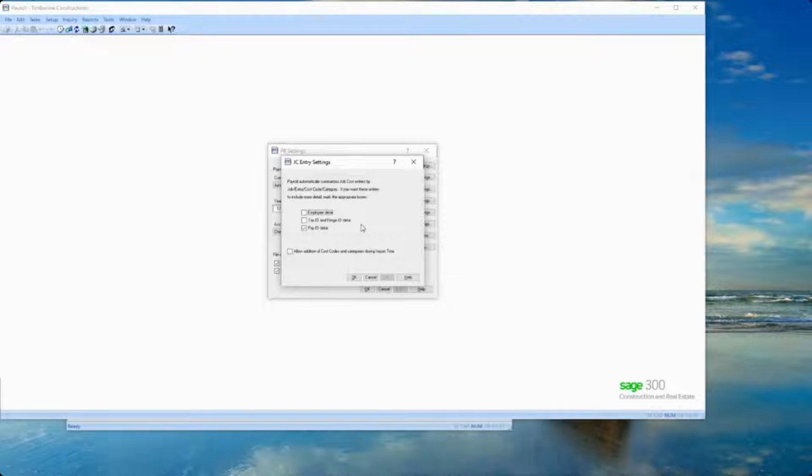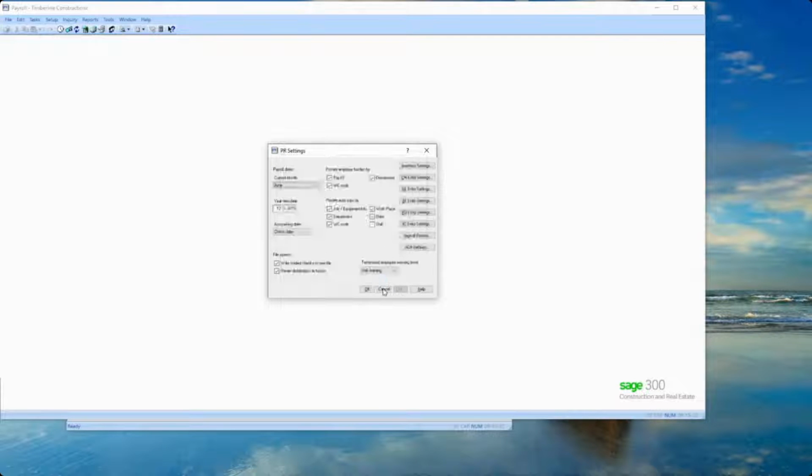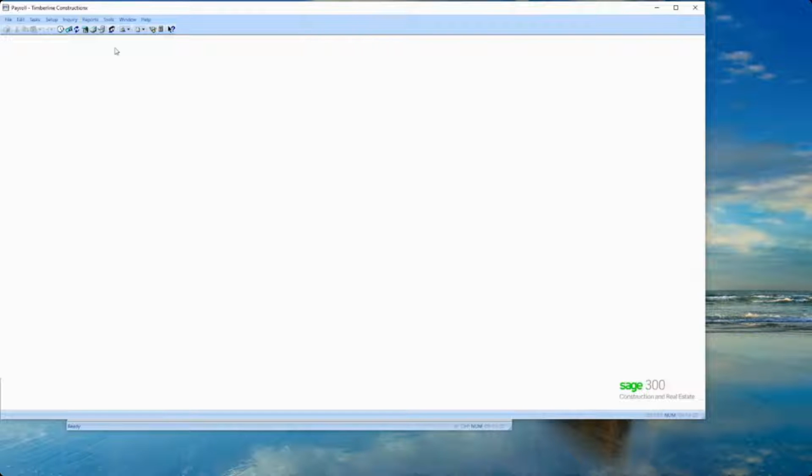If you want it to send more detail, you can check these boxes. And that just really depends on how much information you want to have in job costs, because payroll records the detail of everything and you can always get to it later. But you may want, for privacy reasons or for your employees and also for the owners of projects, you may not want to send more detail. I generally don't check any of these boxes, but it just depends on your situation and what kind of information is required. So that's the detail part of what gets sent to job cost.